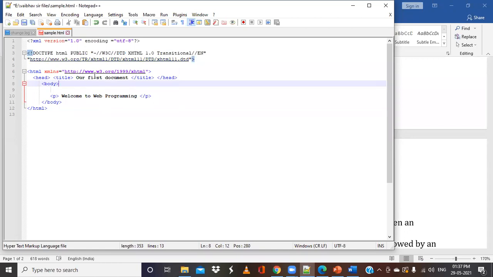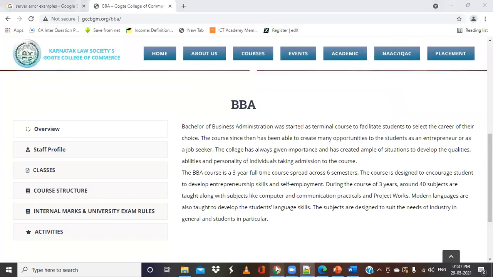What I have written, our first document, will appear here. This is what we call the title. Whatever title you give will appear on your tabs. The information that is appearing in the tabs will be written in the title tag.